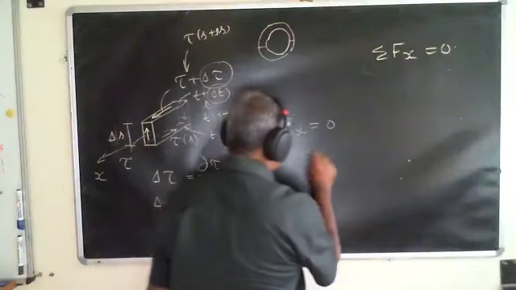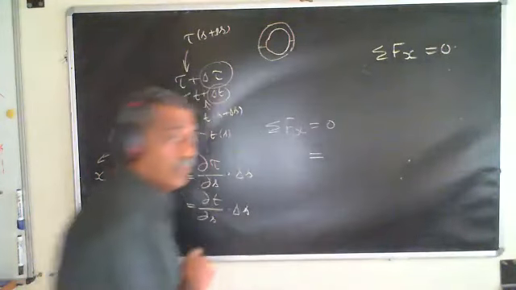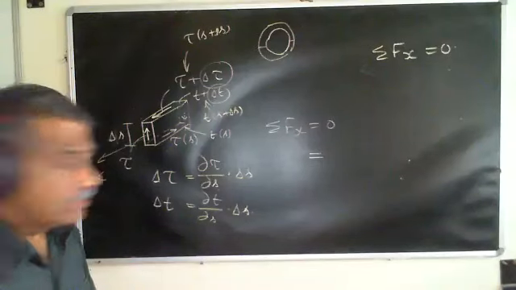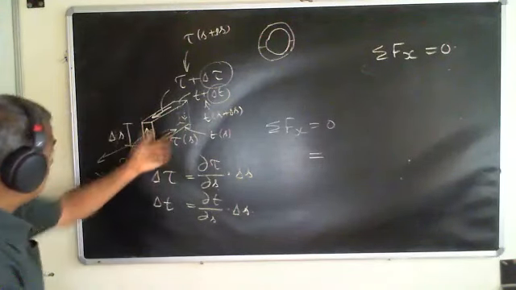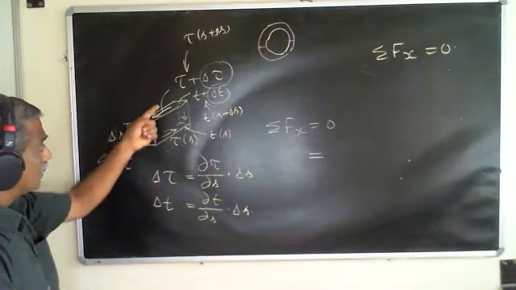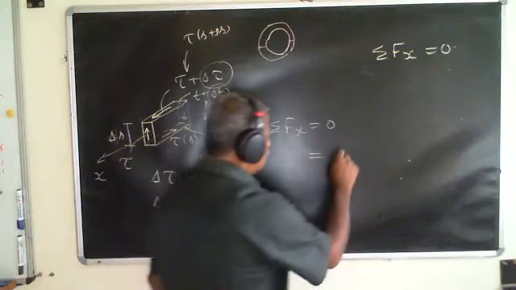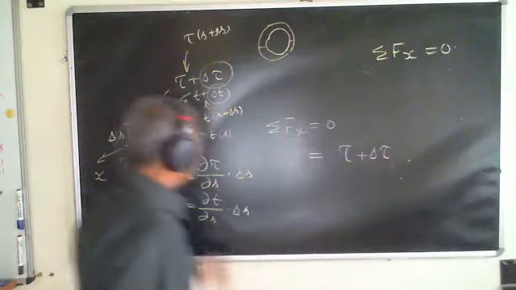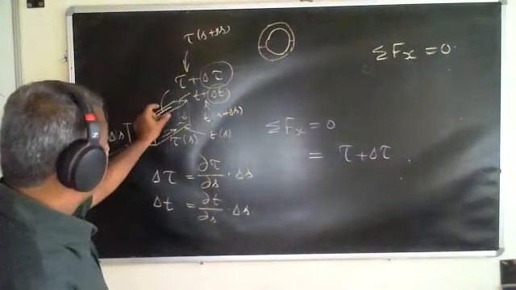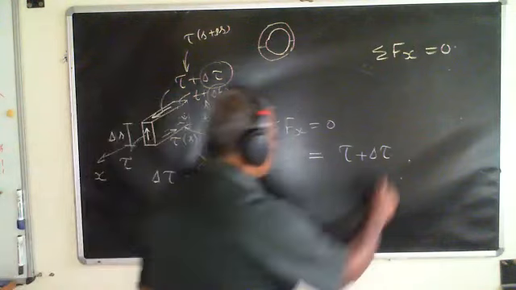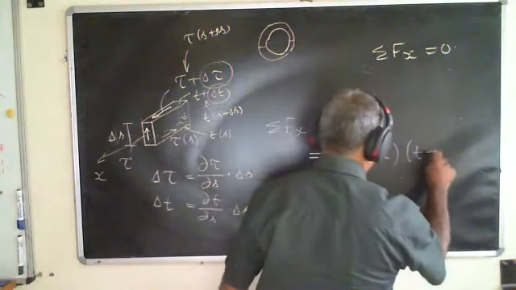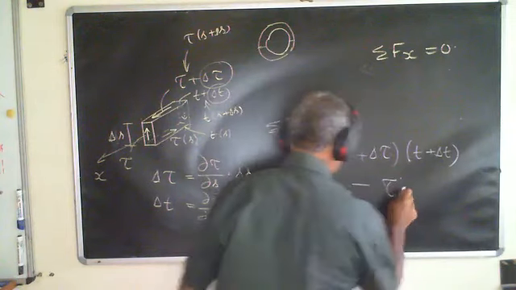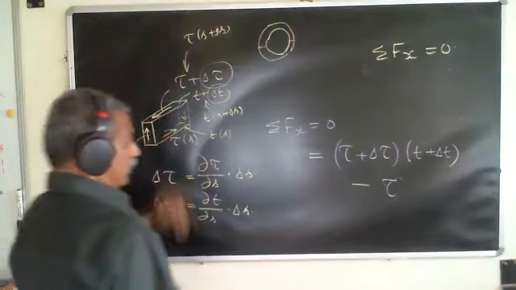So I can now write this to be equal to, help me out. This is the direction like this. This is minus, this is plus, right? So it is tau plus delta tau. This is the shear stress. I need to multiply by the thickness, which is t plus delta t, minus tau times t,